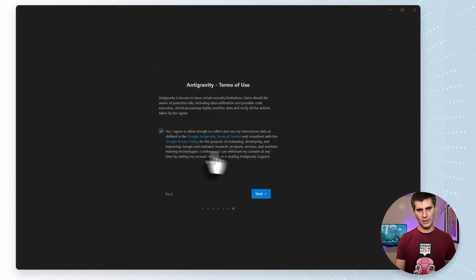And now we're agreeing to terms of use, and I have agreed to allow Google to collect my blood, sweat, and tears, possibly my DNA, my retinal scans, and everything else that has ever identified me. Now, it doesn't actually say that, but these terms of use things can be quite